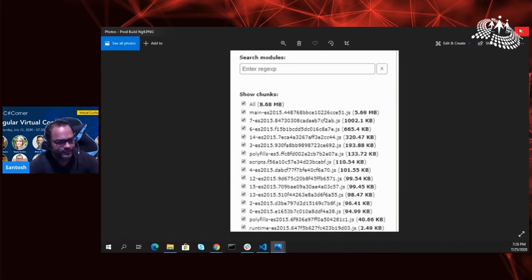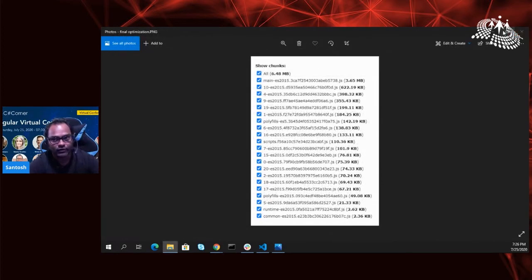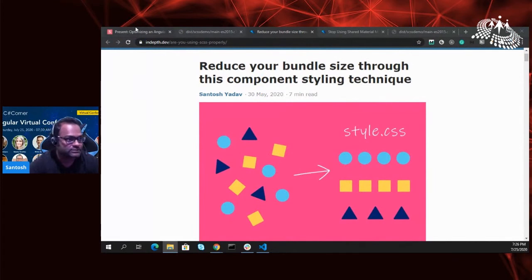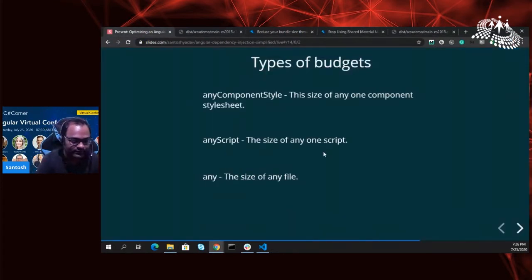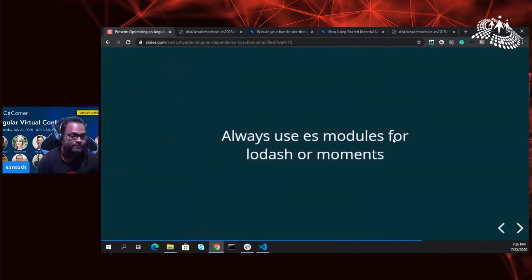And there is already one principle called the SCAM principle, written by one of the community members, Lars. He wrote about SCAM, where he says that you should use a single component and module. So every component should have its own module, and we should be able to define where I want to use what. So this is the blog post. You can go through it, and of course I'll be interested to see your feedback on social media if it helped you reduce your bundle size.